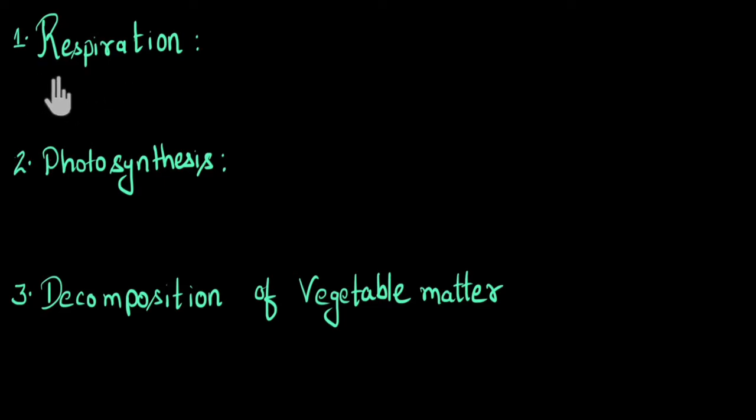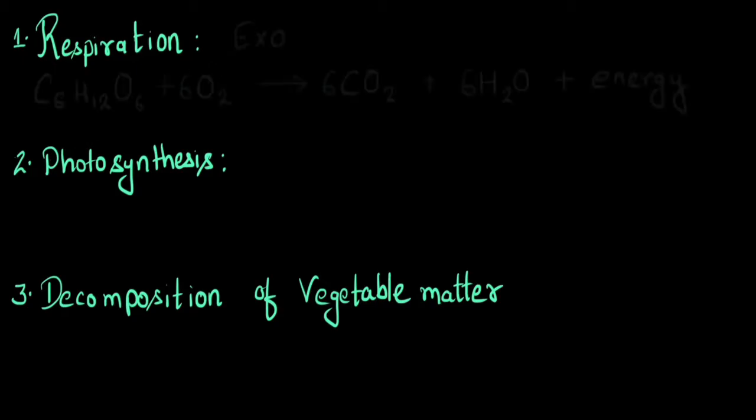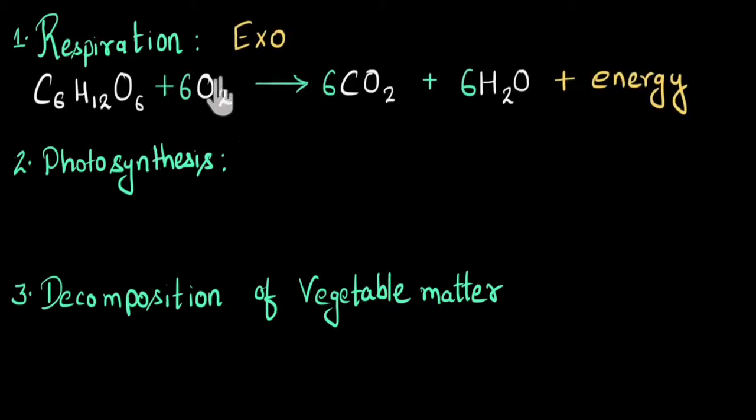So see, respiration is a common process that even happens within us. Our cells take in oxygen and use that to break down glucose. And in this process, we get the energy that we need to survive, run and play and things like that. So this process gives out more energy. That's why respiration is exothermic in nature. Let's look at its chemical reaction. So here, oxygen is getting utilized to break down glucose and gives out carbon dioxide, water, and energy is released, which helps us do our activities.